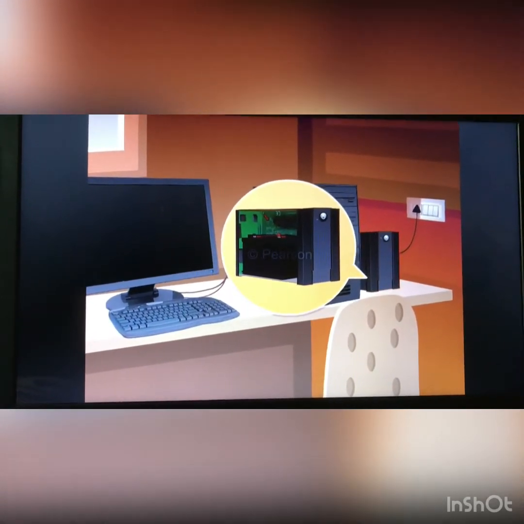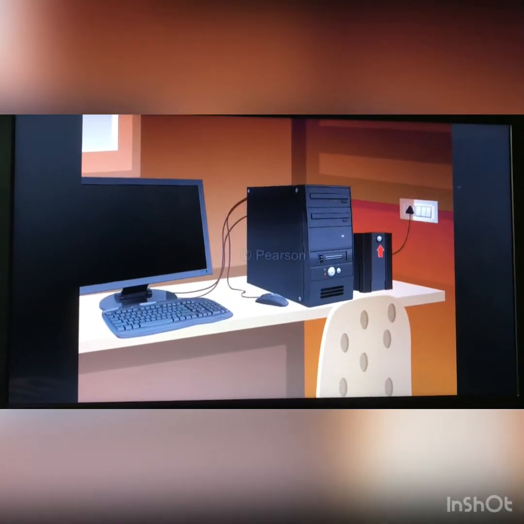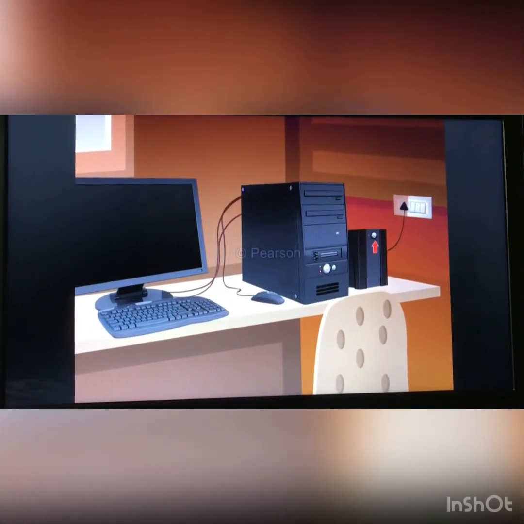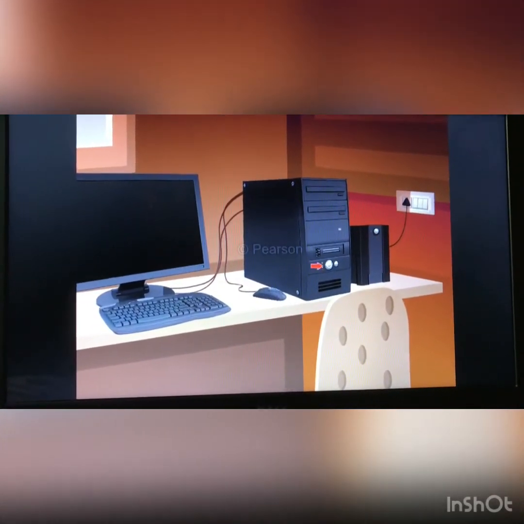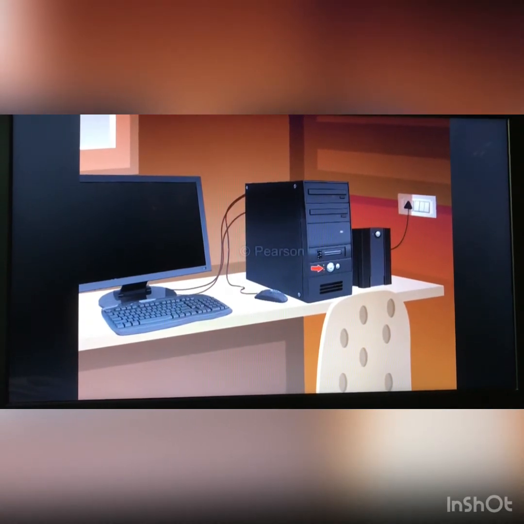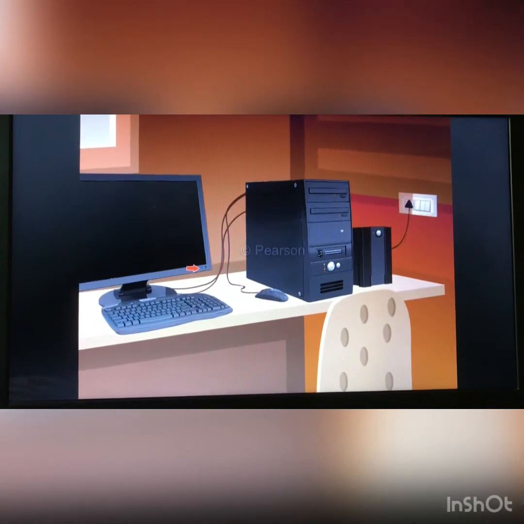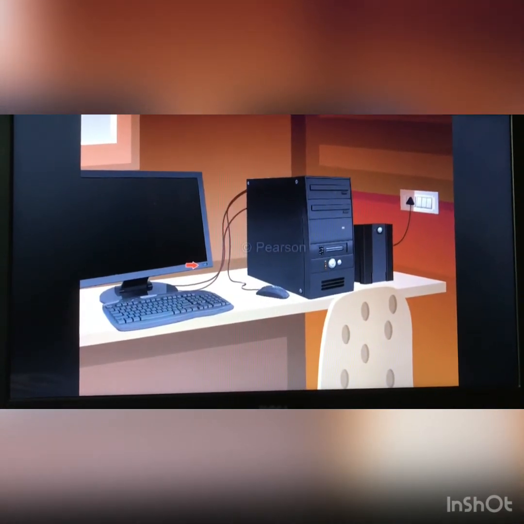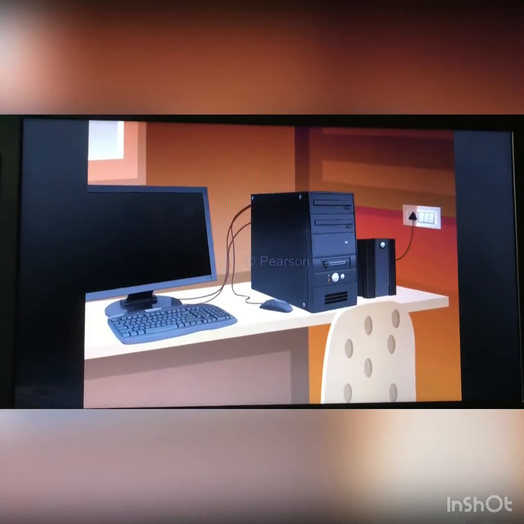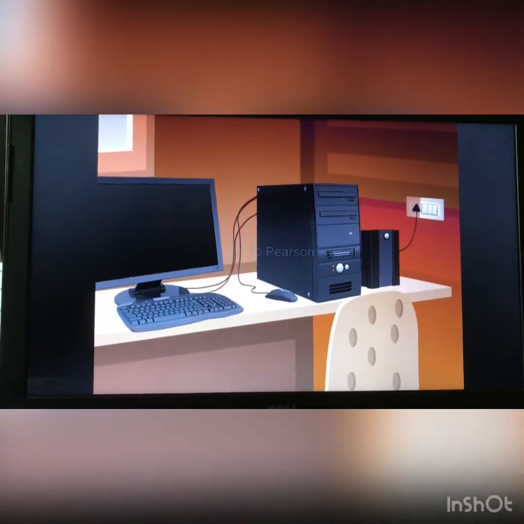Locate the power button on the front of the UPS. Next, locate the power button on your CPU and on your monitor, usually at the bottom. Now follow these steps in the order mentioned and see what happens.